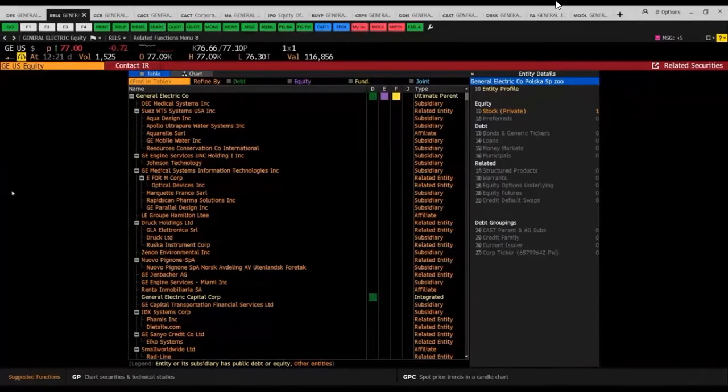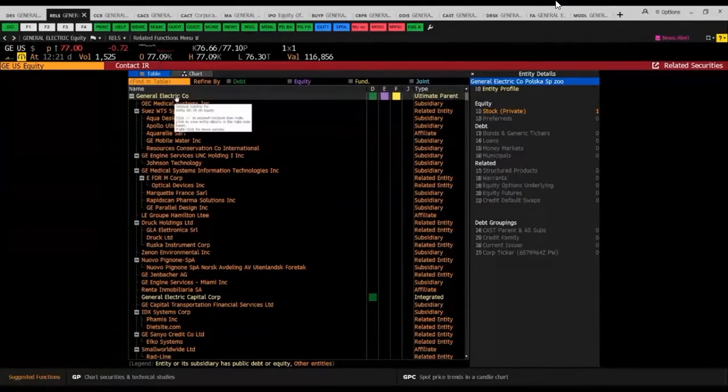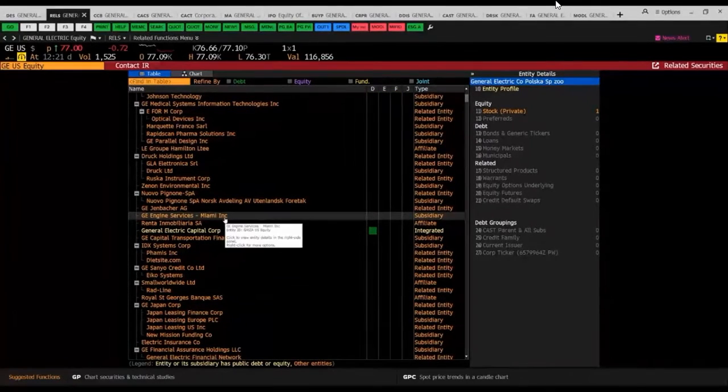To focus on next is actually looking at related securities. As you can see here, this is a reflection of our corporate structure data set. So essentially all the companies that are either affiliated, subsidiaries of, or related entities of the ultimate parent that you're looking at. You could be looking at GE directly, which is, for a change, I thought I'd focus on GE as opposed to Siemens. But you can either start with the ultimate parent and obviously look through the corporate structure